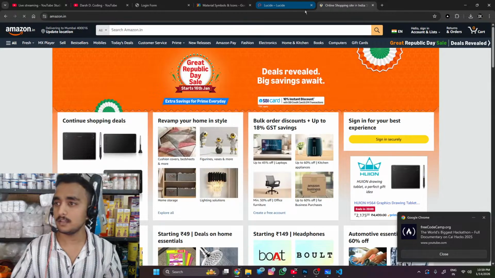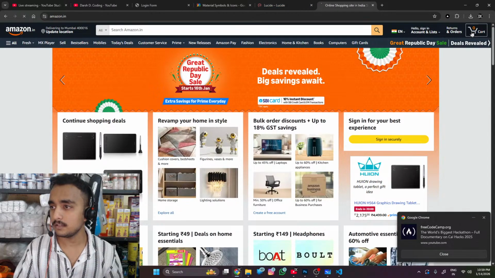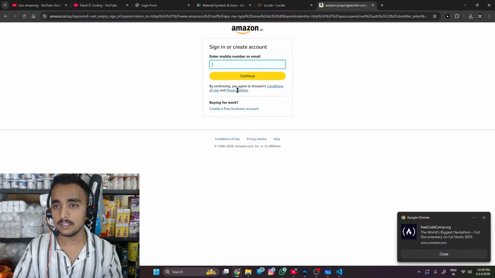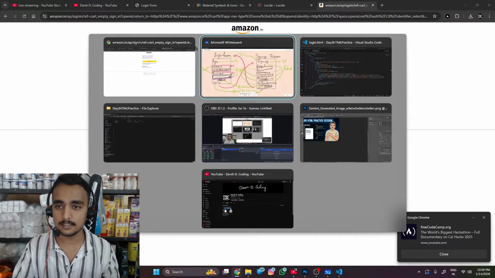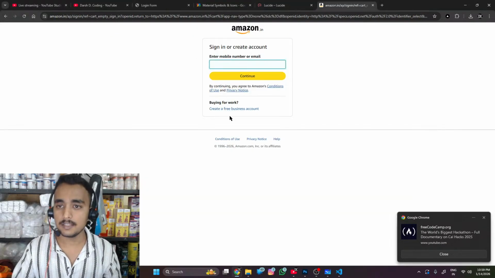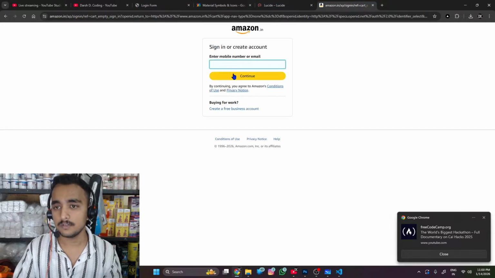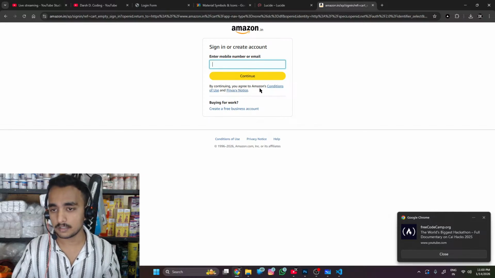Something like Amazon.in. If I click on this, it will go to sign up, sign into your account. All the difference between this and this and this is just CSS. That's all. Also they are having all these things, so we can have these things as well. Just have it, let's have it. Okay, enter mobile number. So this input field can have